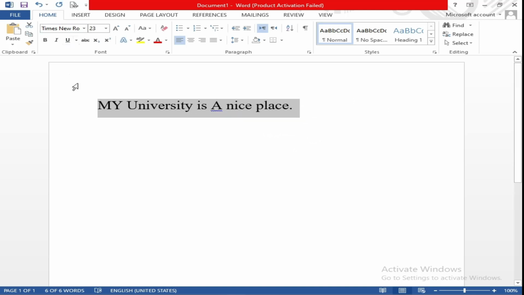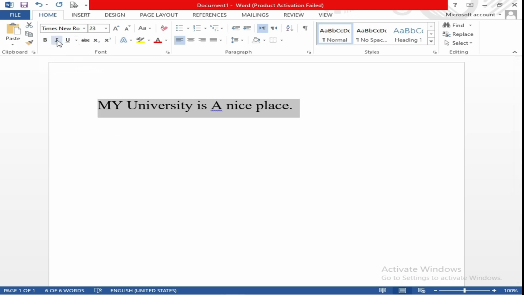After that we are going to discuss some other points, the first one being bold. Bold means you want to make it look a little bigger. You can click on this B, and as you can see, it has made it bold. It also has a shortcut key, which is Ctrl B. When you press Ctrl B, you can see it will automatically choose the bold tool.